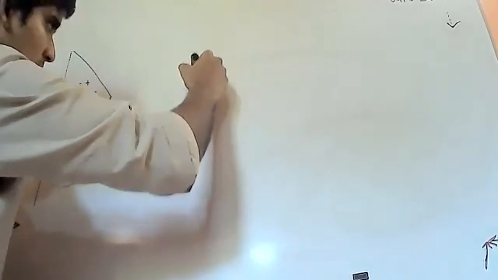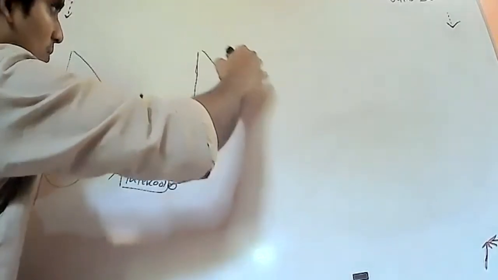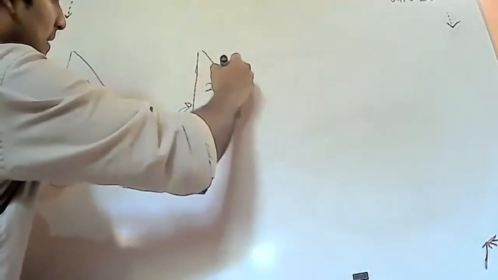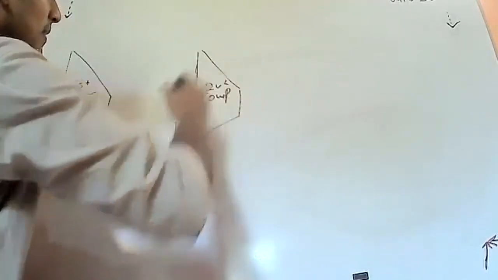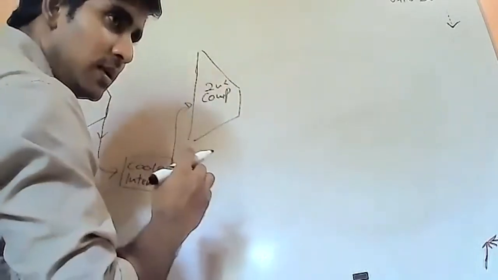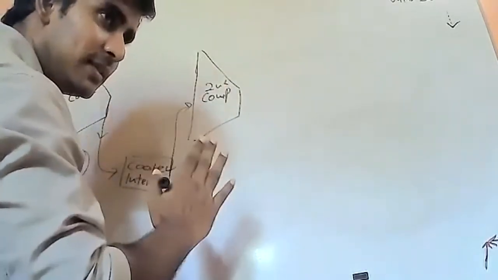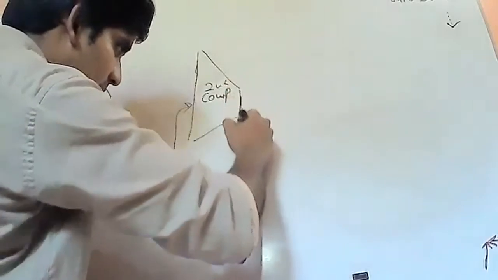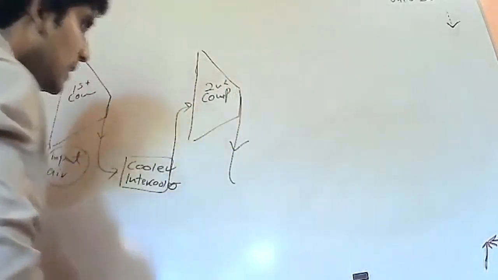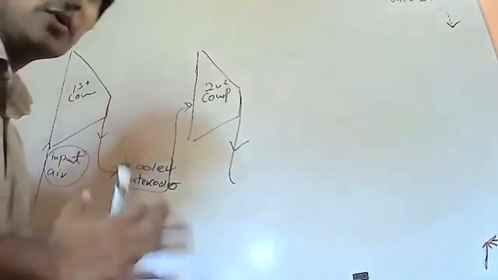Okay, now we are going to give that to the second compressor. So this is the second compressor, right? So then after the second compressor, we get the overall ultimate compressed air output. Right. From here we get the output. Right. So then that output we are going to heat.